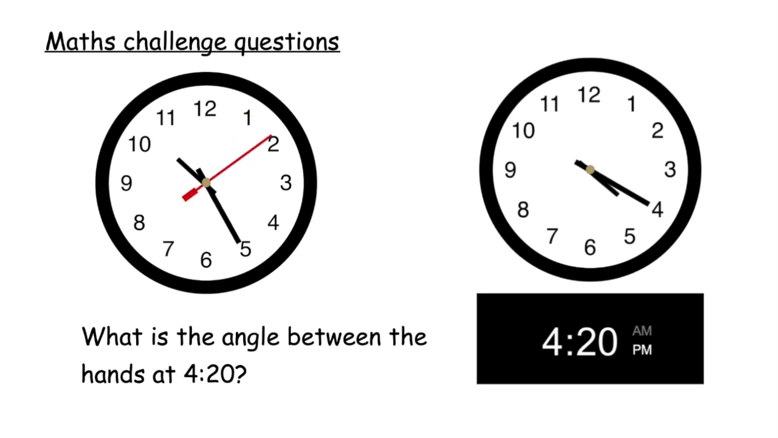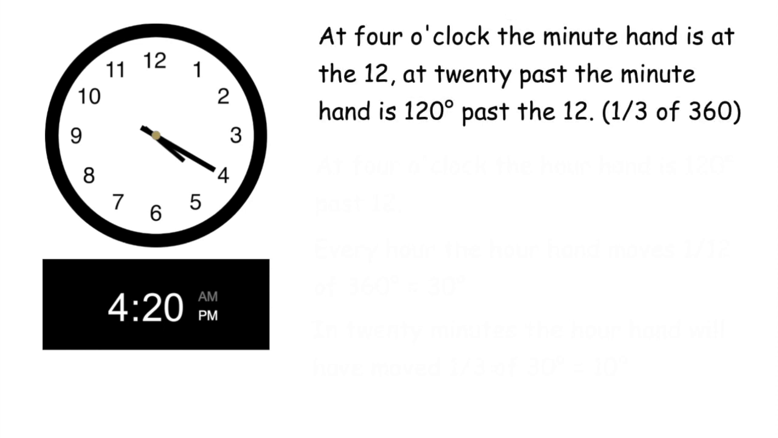Now, the first question we posed was, what was the angle between the hands at 20 past 4? Okay, that was the first question we looked at. Now you'll remember we started by looking at 4 o'clock, and at 4 o'clock the minute hand was at 12 o'clock. The hour hand is at 120 degrees past because it's 1/3 of an hour, 20 minutes being 1/3 of